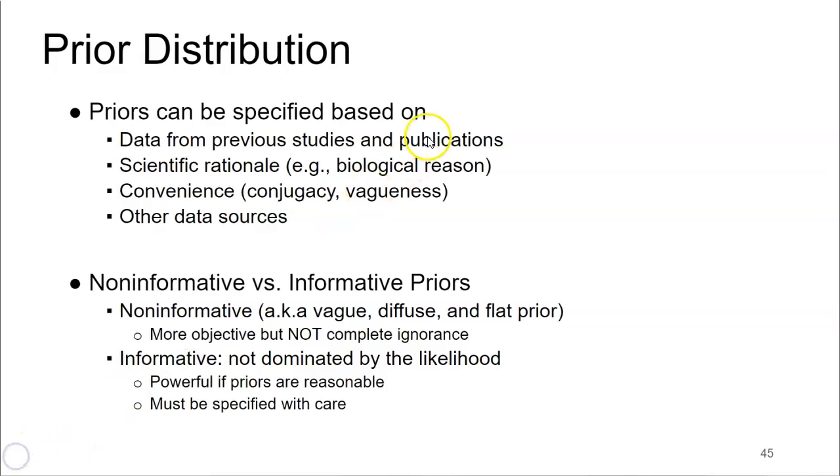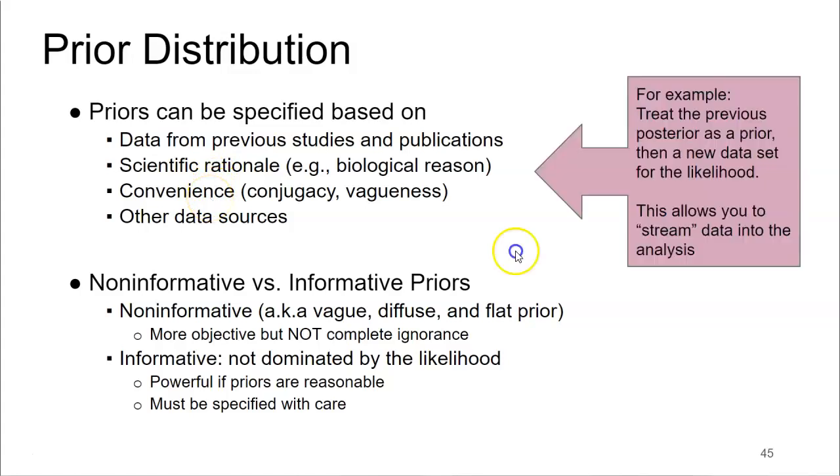The prior could be from previous papers or expert opinion, or it just works out nice so that we can use the Bayesian philosophy. And sometimes you can use other data or previous data that you got, which means you can stream data. Like we got n data points so far, and we create a prior based on that. And as we get new data, we add that in with a likelihood, and we get out a posterior distribution that has both of it all together.